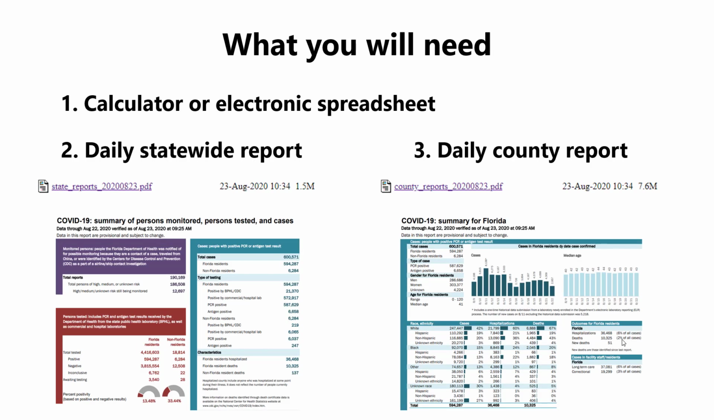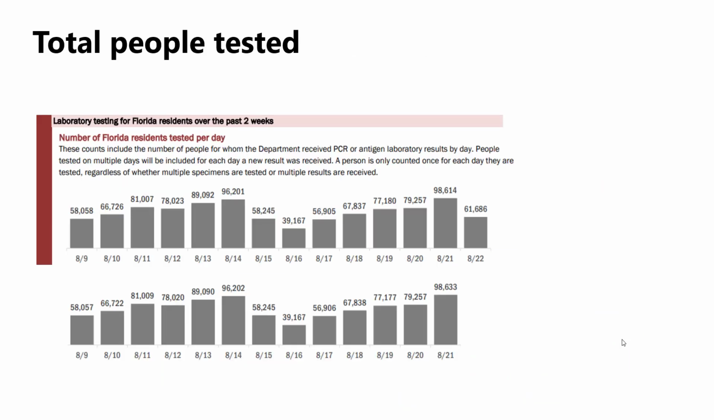So you're going to need basically the same information as we needed to calculate the case positivity rates. The first one is total people tested. Okay, how do we get that? Well, pretty straightforward. This is a number that comes from the statewide report on page 2, and it already gives you the number of Florida residents tested per day. So again, that's super easy,